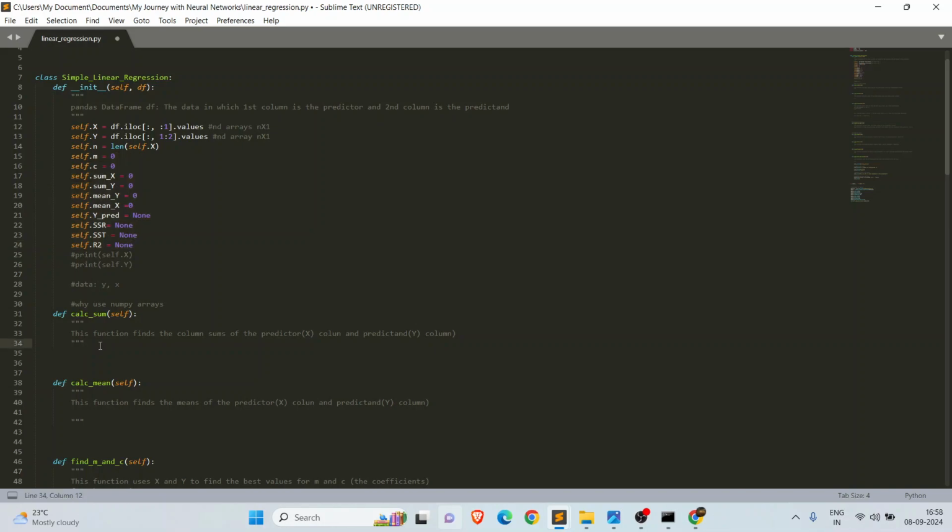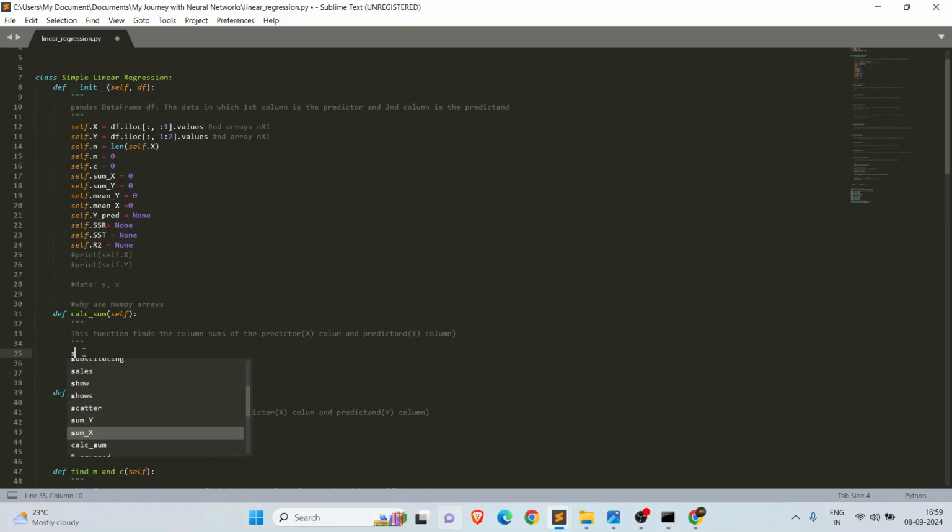Okay, so the first thing is, if you notice, the first function I've created is calc sum. Reason is I want to sum up every value in the X column versus every value in the Y column. These sums are eventually used to find out M and C. If you have watched the video series, you'll understand how it is being used. Okay, so let's start. If you notice, I've even created instance variables for this. So self.sum x